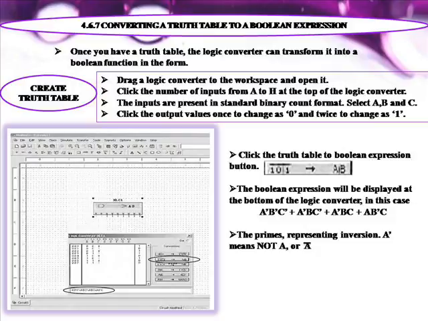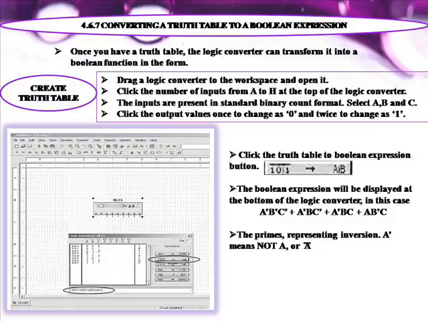The inputs are presented in standard binary count format. Select A, B and C. Click the output values: once to change to 0 and twice to change to 1. Click the truth table to Boolean expression button. The Boolean expression will be displayed at the bottom of the logic converter.